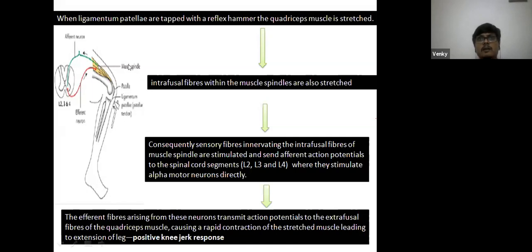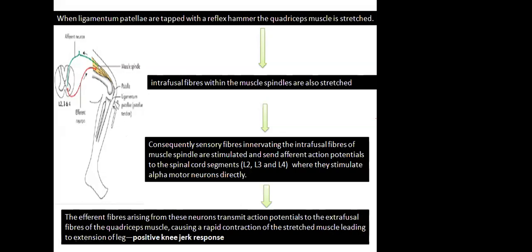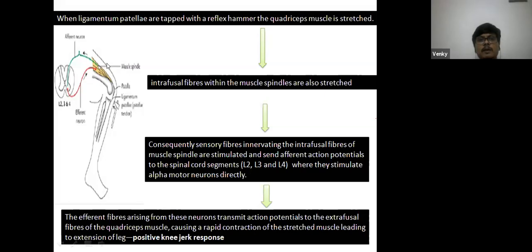This occurs in all. For example, if you tap the biceps tendon, what is the root value for the biceps tendon? It's C5, C6. The intrafusal fiber of the muscle spindle gets stretched, the C5, C6 anterior horn cells get activated, and the extrafusal fibers of that muscle get stimulated, resulting in contraction of the biceps and flexion of the elbow. The same scenario occurs in all deep tendon reflexes. Okay, this is the normal deep tendon reflex.